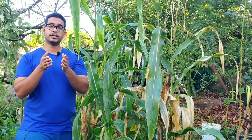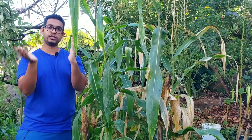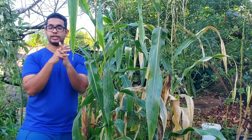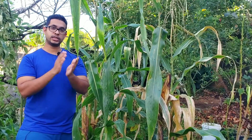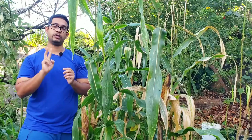The reason for having them so close is that if they fall over, they'll fall onto the corn next to them, and there's a higher chance that they'll brace one another and sort of make a block so that they don't fall all the way over and get uprooted. They fall over easily because their roots are not very deep. So when it comes to spacing, we're looking at anywhere between 6 inches and 12 inches, no more than that for corn. The second reason, because I mentioned there were two reasons for this really close spacing,